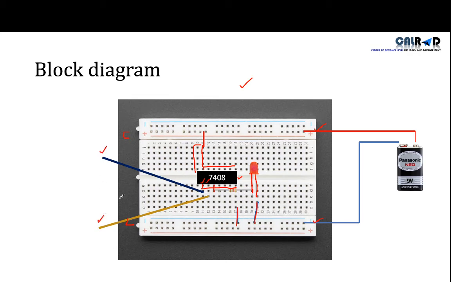So now we have all connections. Our pin 14 is connected with the positive terminal. Our pin 7 is connected with the negative terminal. Our pin 3 is connected to the LED via resistor, and the positive side is connected with the resistor and the negative side is connected with the negative terminal here. The last two things are input 1 and input 2. So pin 1, this is pin 1 input wire, and this is pin 2 input wire. So this is how we have to fix our whole experiment.